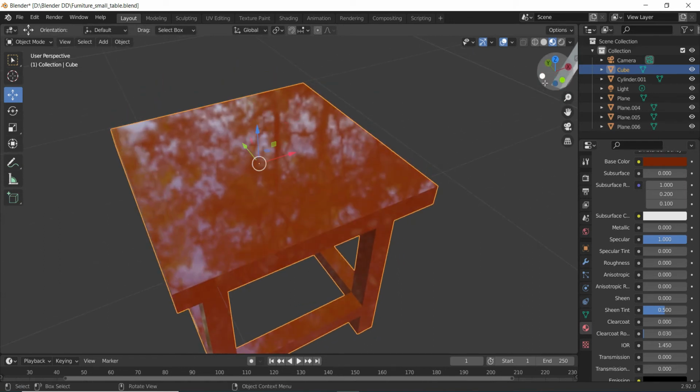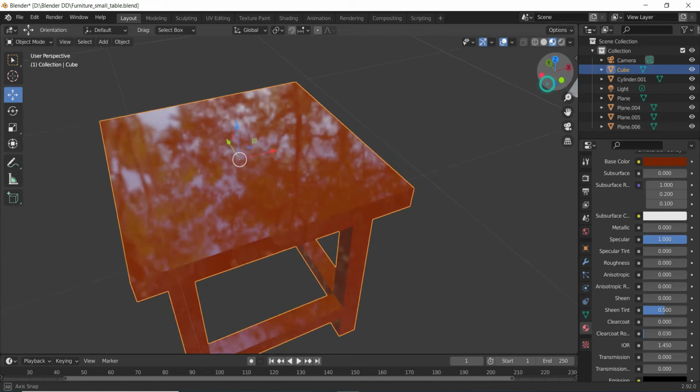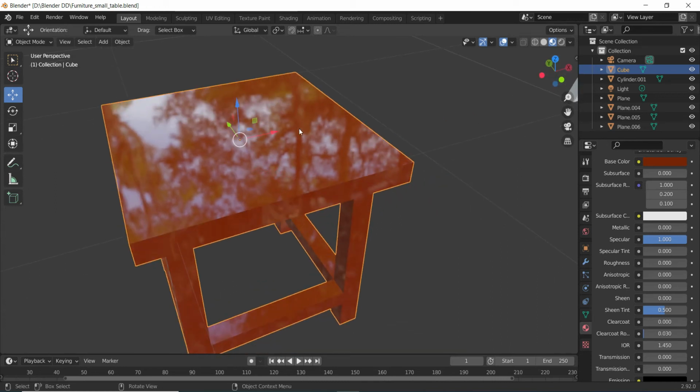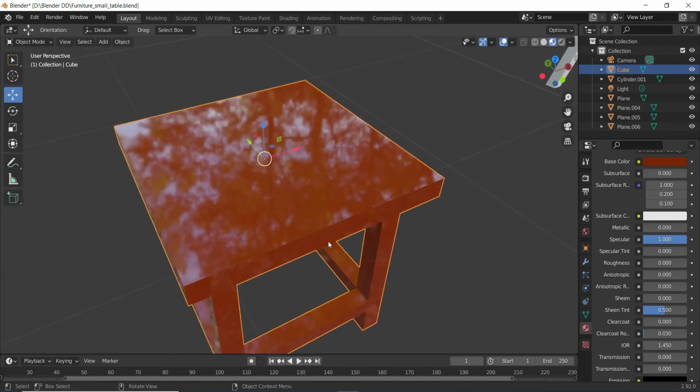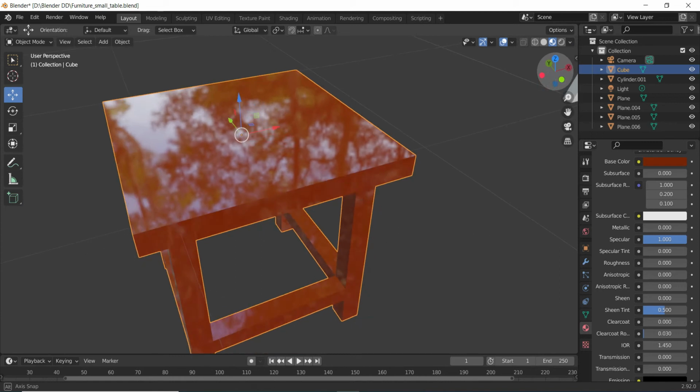Now this is not any real reflection. We can see that this is a reflection of some trees and sky. This is just a reference in this viewport to understand whether the specular value is working fine or not, and to show you how any shine or reflection on the object is going to look.